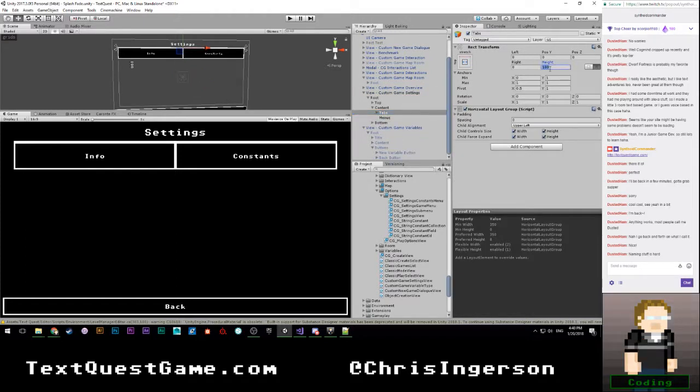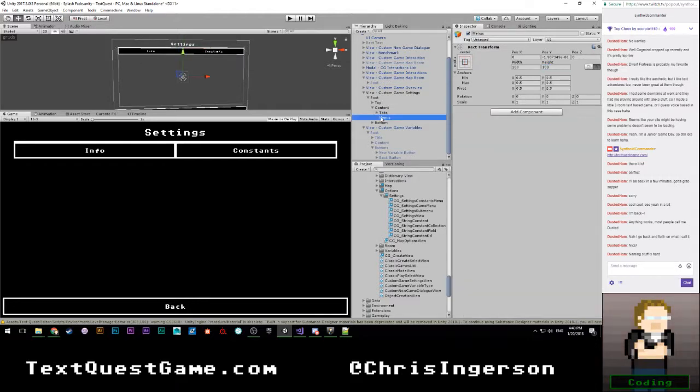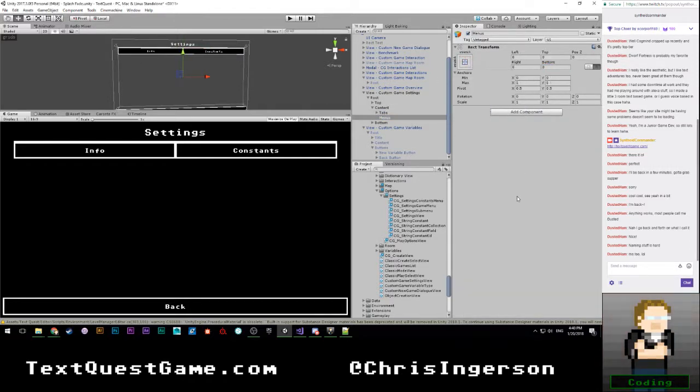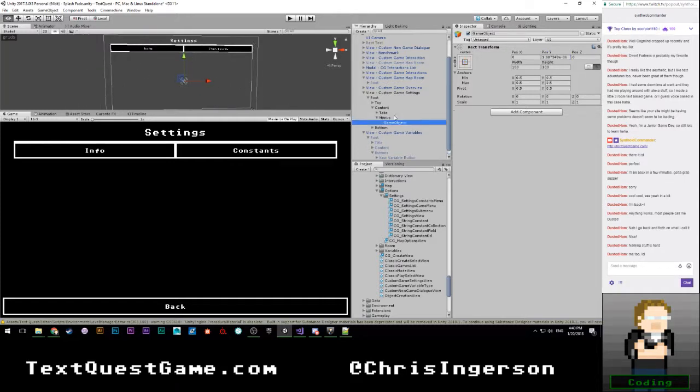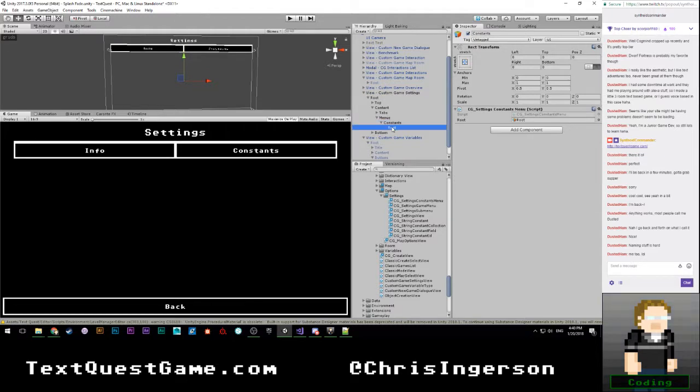So we're going to shrink our tabs to... This one might be closer to 60. Yeah. Okay, and then we have our submenus. So this is going to stretch. It's going to be 60 from the top so that they don't overlap. Then we need to actually make submenus. So this is going to be our root. Let's go ahead and call that root. This is going to be our constants menu. Let's go ahead and have that scale up. So constants. We're going to go ahead and attach settings constant menu. Grab you. While we're here, might as well assign that. Okay.